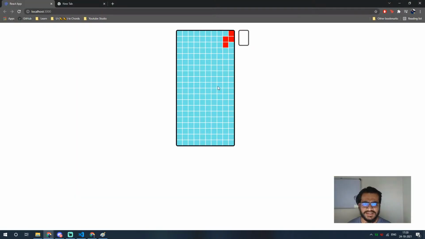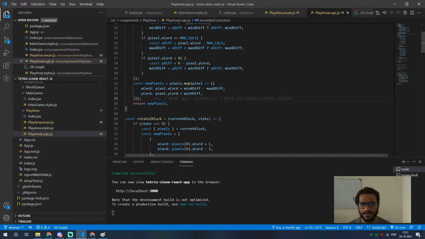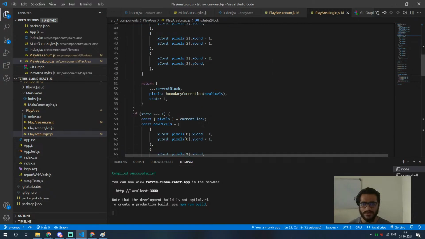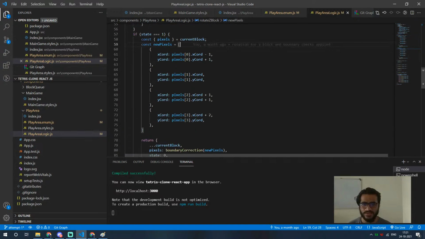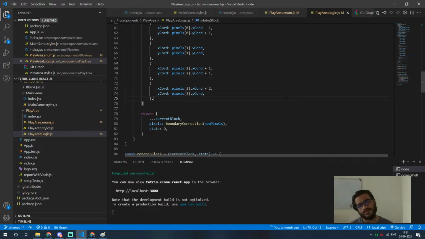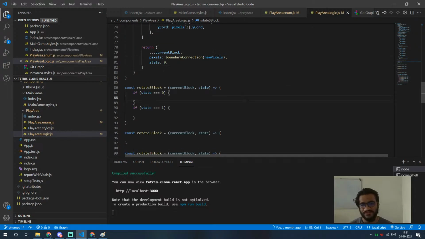I think boundary correction is working fine, and rotation is also working fine. So I'm pressing space and it is rotating. Should I work on rotating S and others also? I think I should, because if,